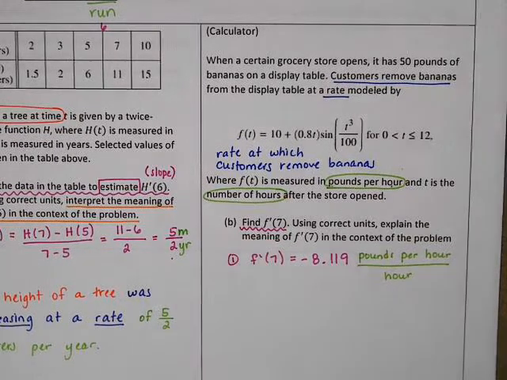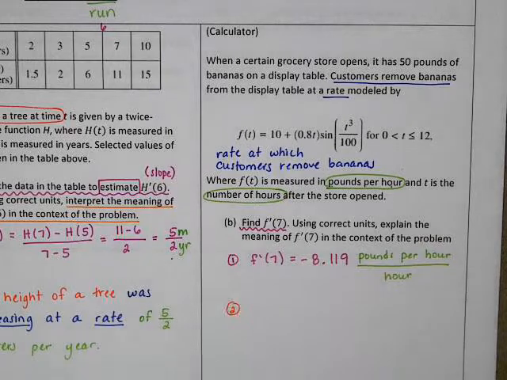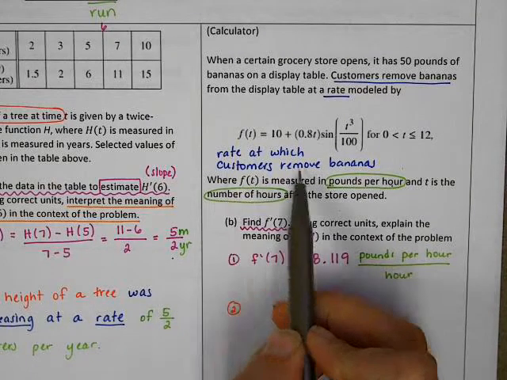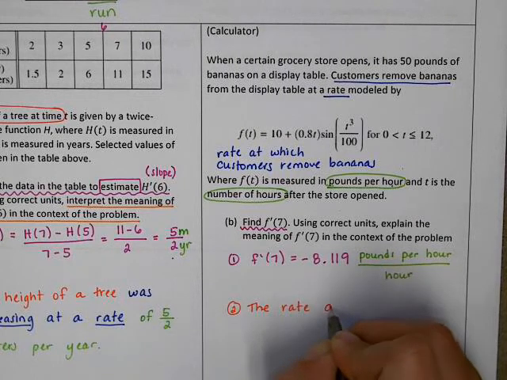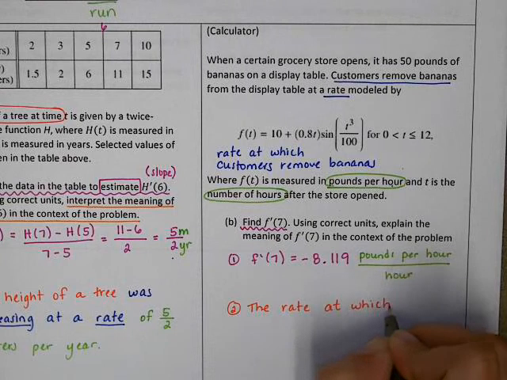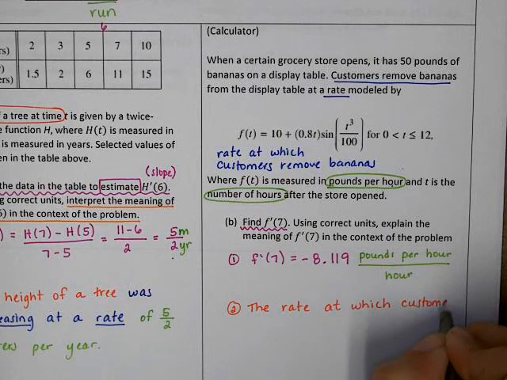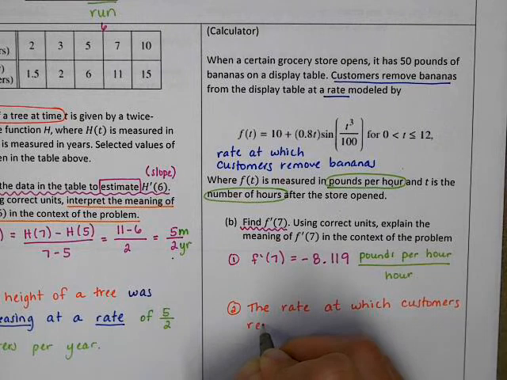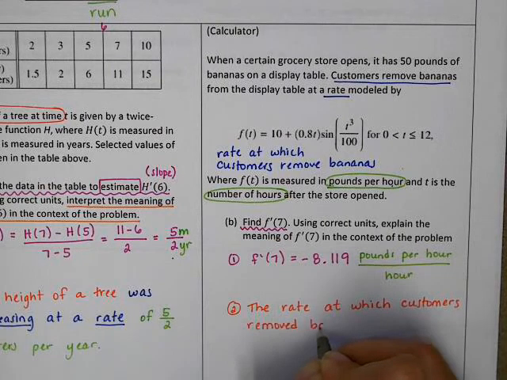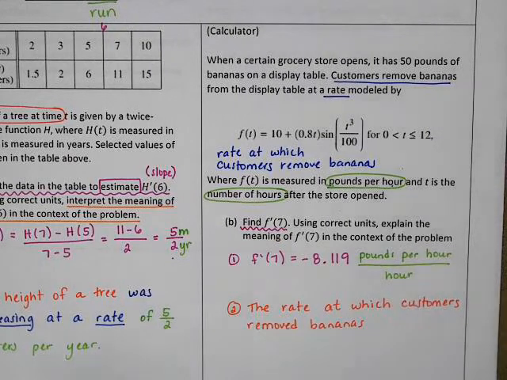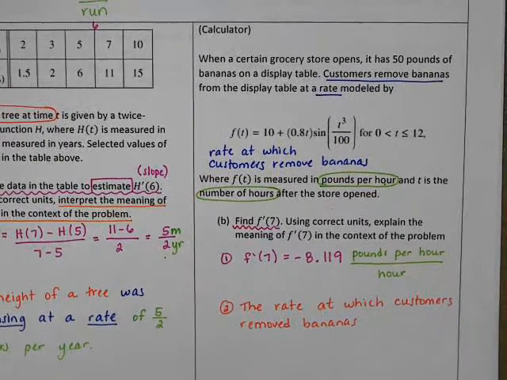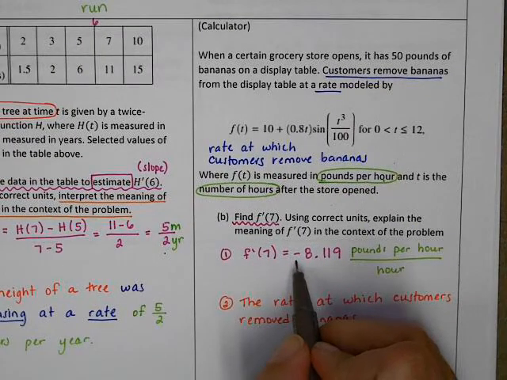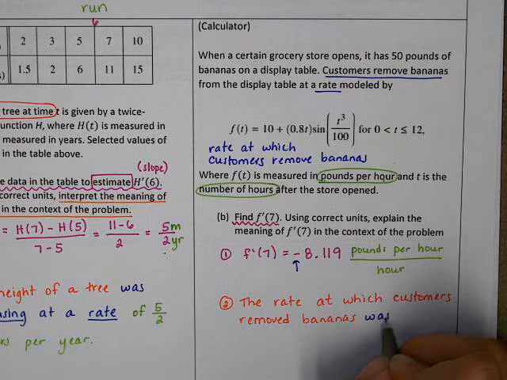Now, for our explanation, we're going to start with what are we measuring? We started with measuring the rate at which customers removed bananas. So what did we measure? What was it doing? Well, when you find a slope, you're going to be looking at increasing or decreasing. Is your slope positive or negative? Since we got a negative number here, we would say was decreasing